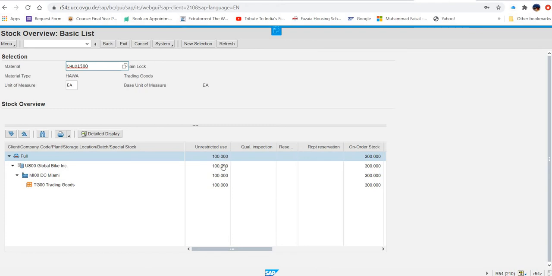Unrestricted use, and these are still to be delivered to the Miami plant. Okay. So now you are going to create the invoice.